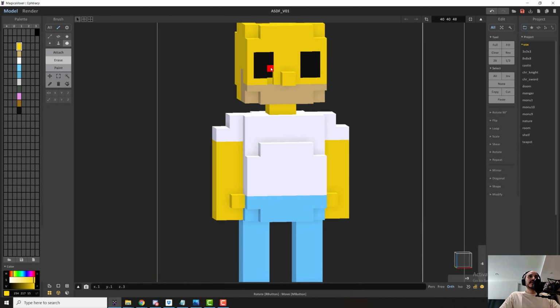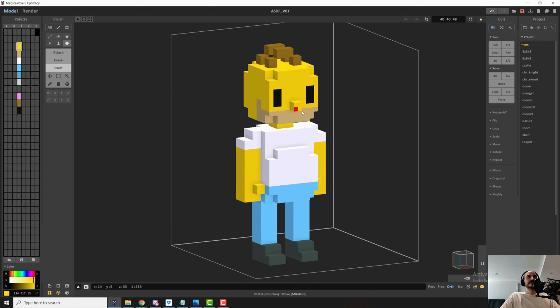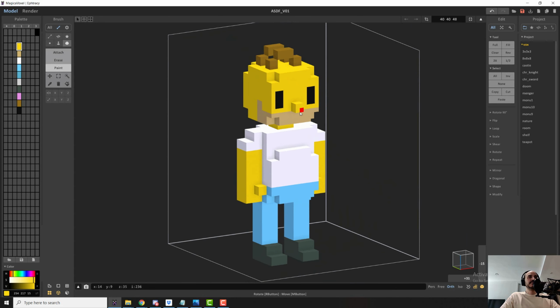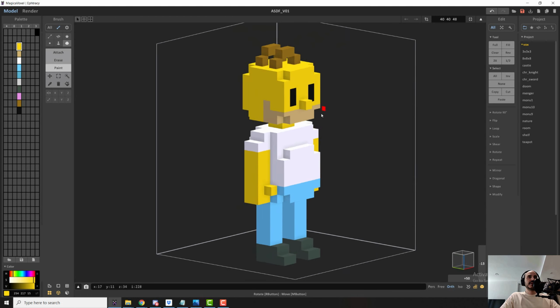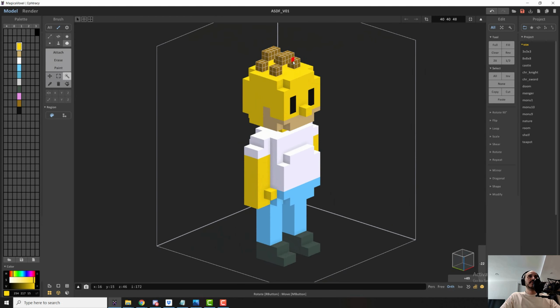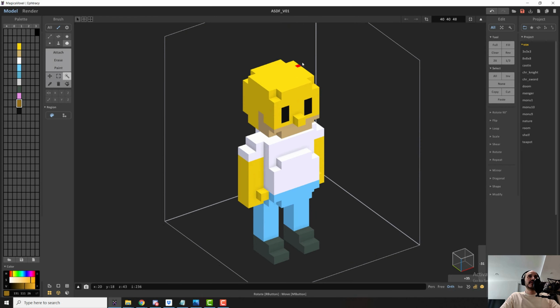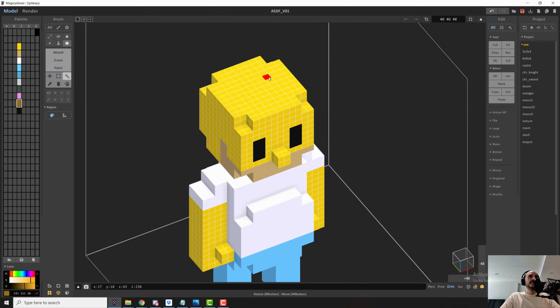I will paint another row here, so we have smaller eyes. See how you feel. Maybe you like it better if you remove the sides instead of that one. That looks great. So I will remove this hair now and I will make it again, but this time with more resolution, so I can have maybe thinner strands of hair. So let's